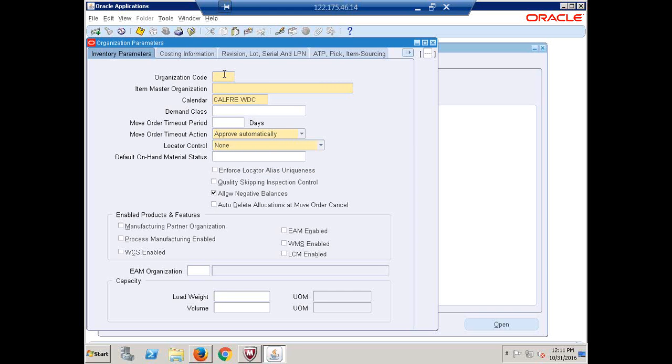So the code I will give is Call Free Hyderabad Inventory. CHI code. Everything, the prefix we are taking is just Call Free. Here I'm giving the code also with the C. Okay, CHI Call Free Hyderabad Inventory. It depends, when you are working, they'll give the name. See, this is the inventory for, okay, this is inventory for